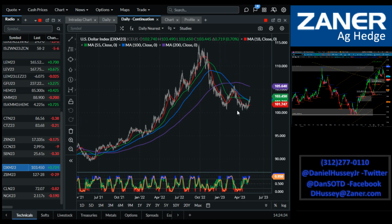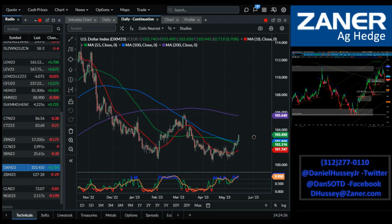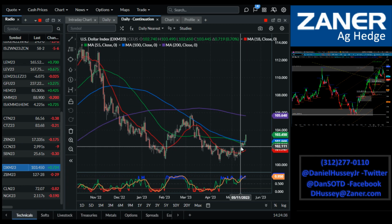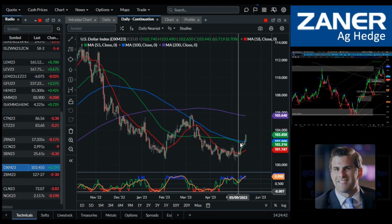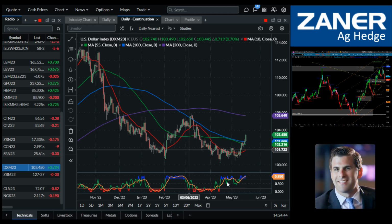Reversion to the mean. We're still only just now coming up to test above the 100-day and 200-day or 55-day moving average. But again, it's this 200-day moving average up at 105 where I think we're probably heading up into. Big three waves up. We'll see what happens with this dollar index. Okay, so